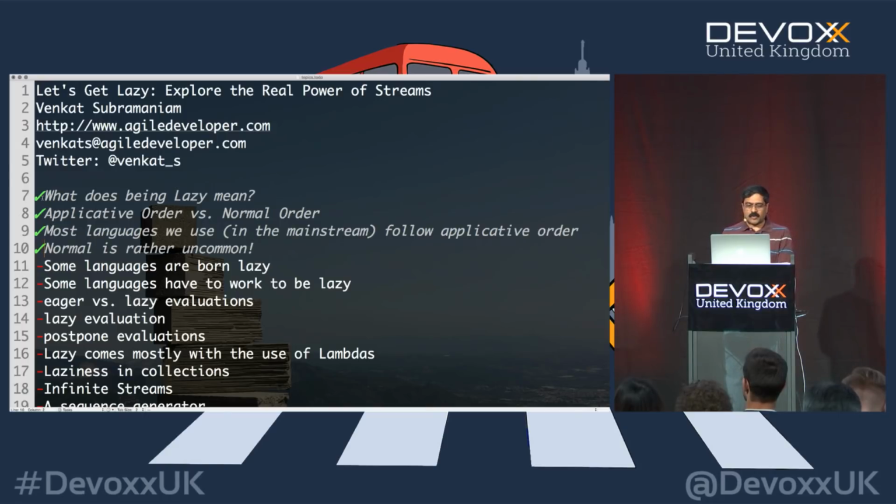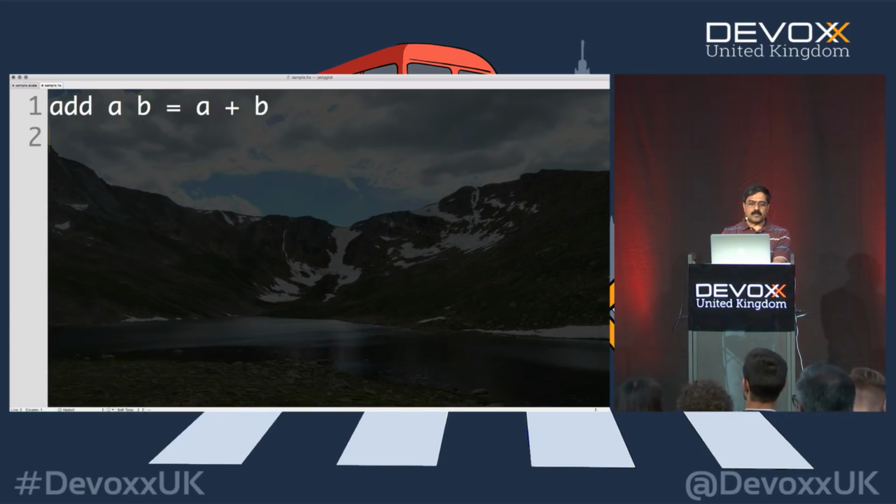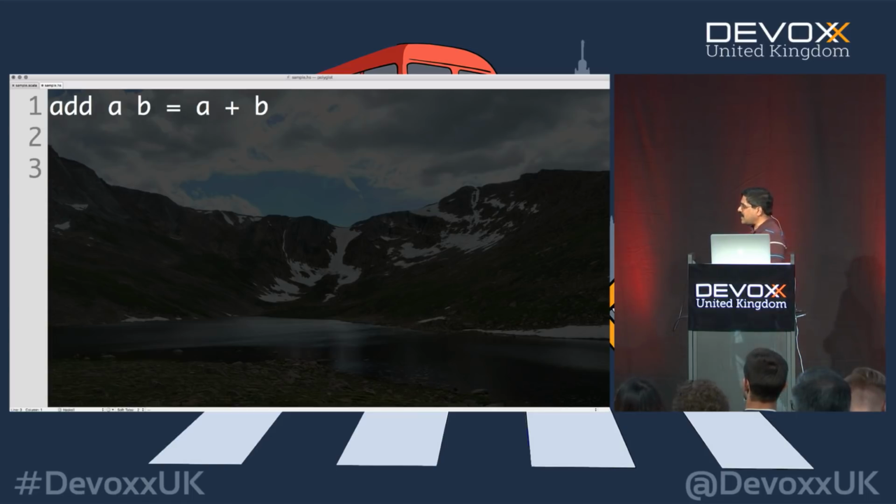Let's take a look at this really quickly to see how this would actually work. I'm going to start with a very little example right here. This is an example in Haskell where I'm going to write a function called add, taking a and b and returning a plus b. A very simple example of an add function. In Haskell, functions are pure by default. They don't have any side effects, and that plays a very important role in these kinds of decisions.